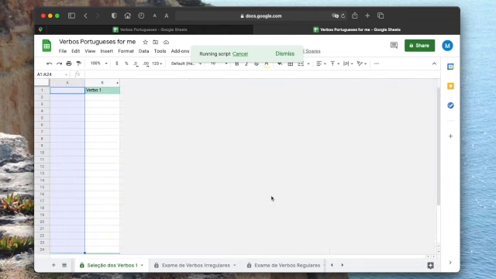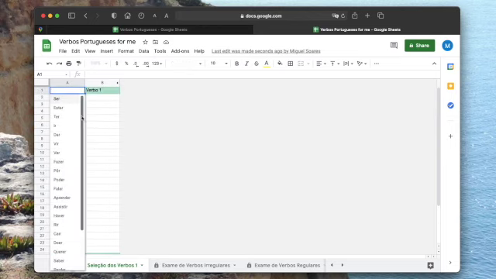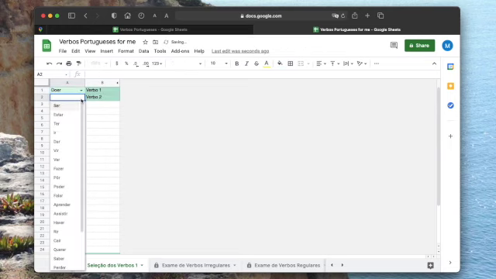Once done, you will then see drop-downs with the available verbs in this new page. Go to the top left cell, A1, and select the verb you first want. Continue with a verb in cell A2, and so on. You can have a minimum of one verb or fill out all of the available drop-downs.